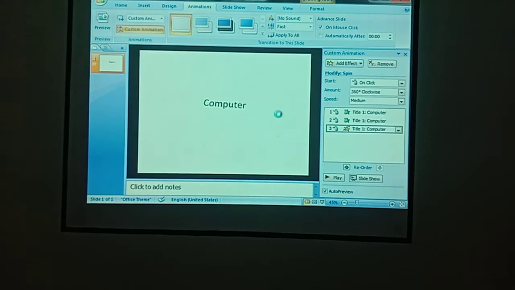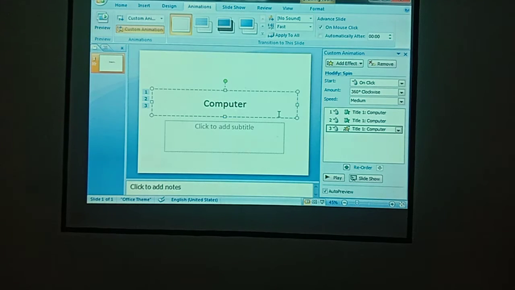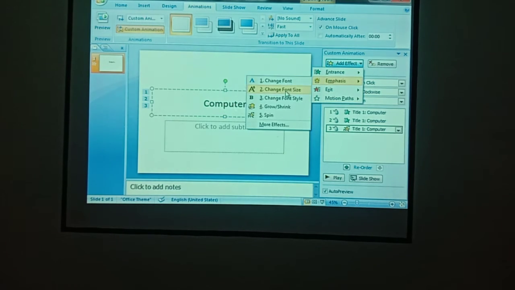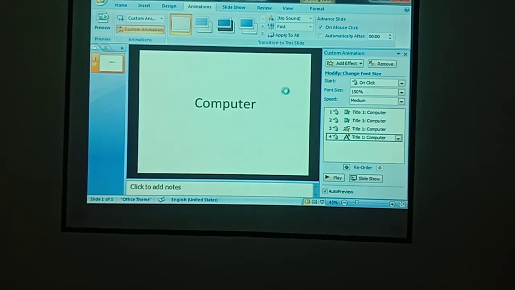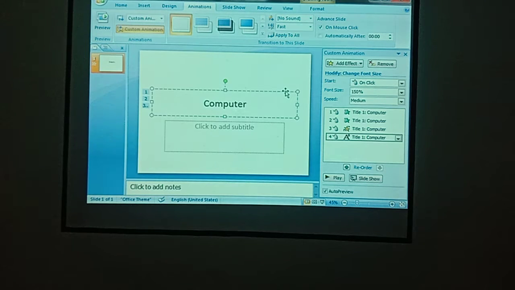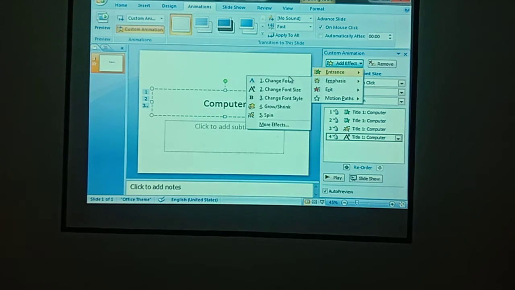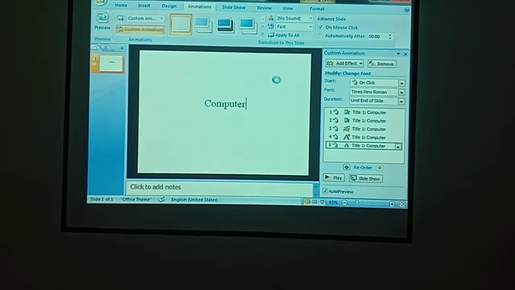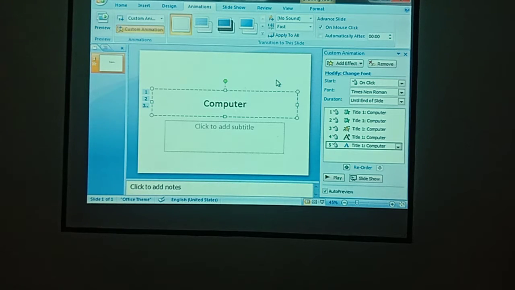See, if I click spin, you just see here, it will rotate your content. Okay. Change font size. So the font size will keep on increasing. Okay. And next, change font. Okay, so if it is bold, it will convert into a normal character.